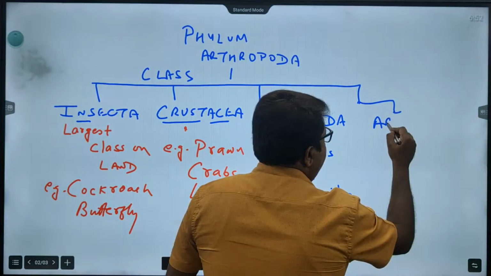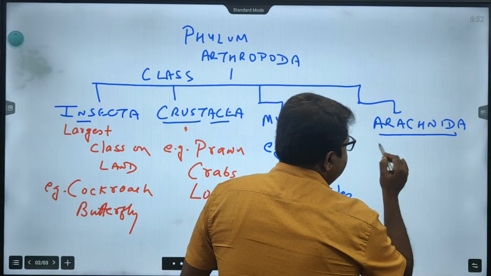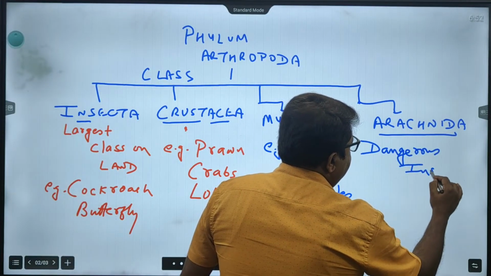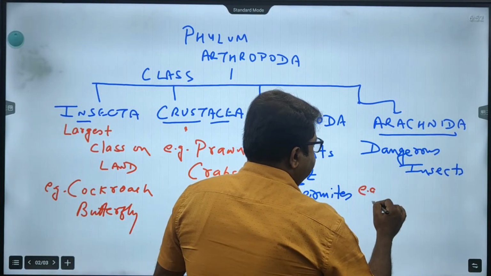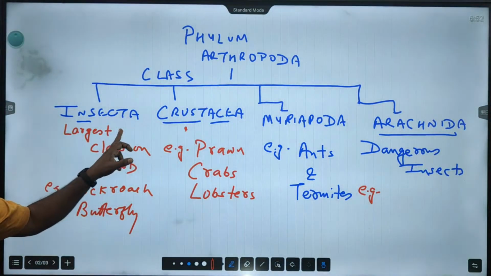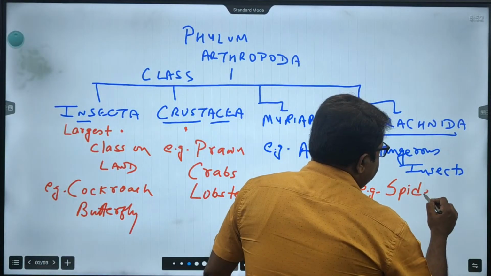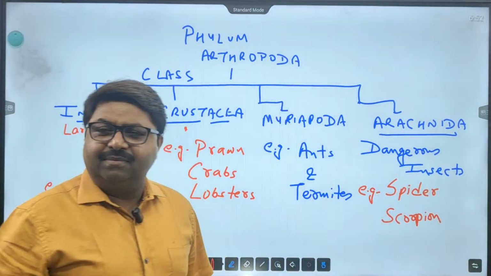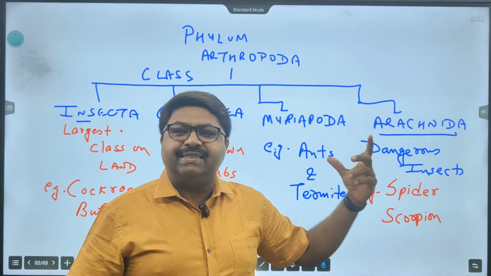Let's get into the last one, called class Arachnida. This is not the last, we are studying the last one for this class. Arachnida includes dangerous insects. Fine? Tell me an example of it. Mosquito is dangerous, no? Okay, let me tell you, mosquito comes under class Insecta. Spider is a dangerous one, and another one is scorpion. When we are talking about these two, mind you, they are very important for your NEET examination,